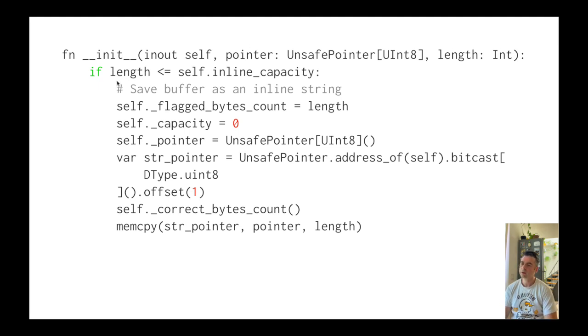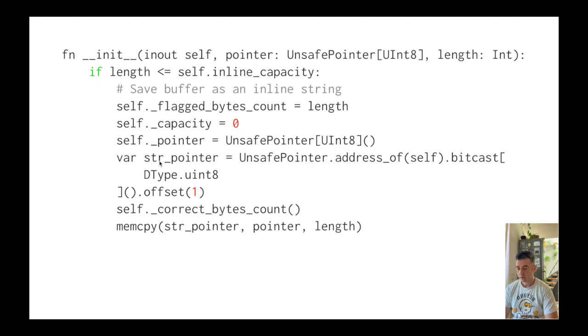And here we say, if length is smaller or equal to self inline capacity, in this case it's 22, as we said, then save the buffer as an inline string. So we say self flag byte count is equal to length, self capacity is 0, pointer is also 0,